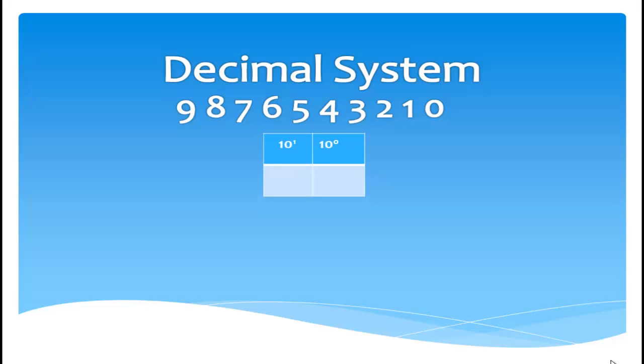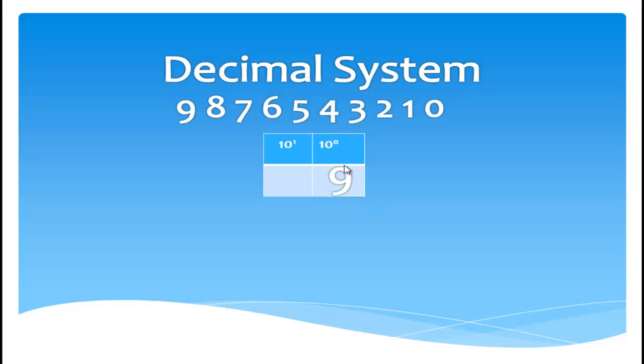Okay, with this little table, I'll explain. We have the first place, which is 10 to the 0, and the second place, which is 10 to the 1. If I had a 1 here, it would be 1 times 10 to the 0, which is 1. And if I had a 2, it would be 2 times 1, so it would be 2. And so on. We keep counting 3, 4, 5, 6, 7. But once we get to 9,